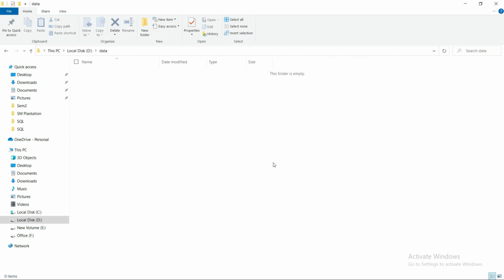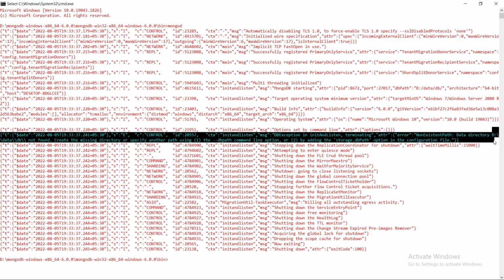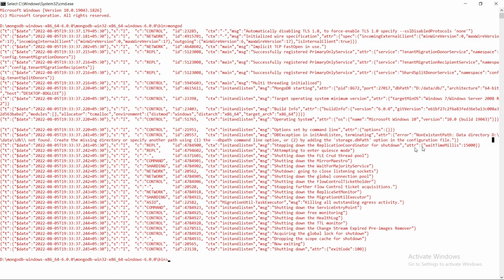In that, I would like to create one more folder called db folder. That is what they have shown for us, which is not found. Where it is not found, D colon data folder. In that db folder it is not found. So what you have to do is create that one, and you can just close this